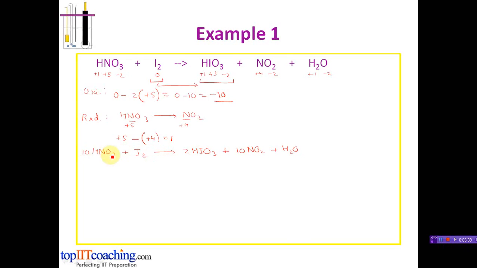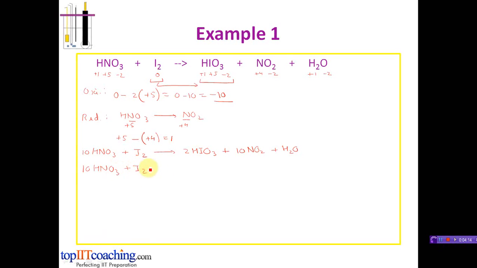10 into 3, that is 30 oxygen atoms are present on this side, whereas on this side there are 3 into 2, that is 6, plus 10 into 2, that is 20. That gives us 26 plus 1, 27. There are 27 oxygen atoms. So the right hand side is deficient of oxygen atoms. So in that case, we are going to add water molecules to the deficient side, that is the right hand side. So on adding 3 water molecules